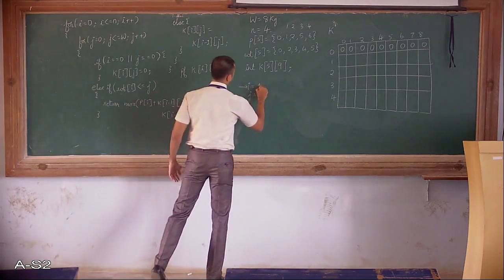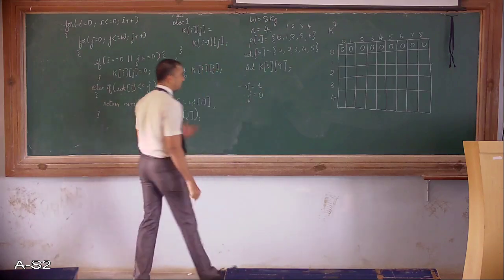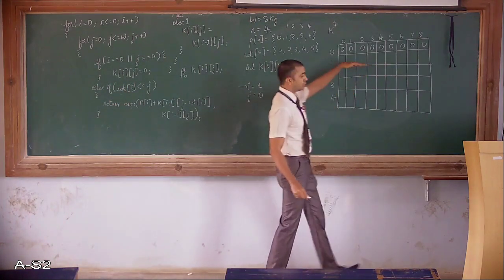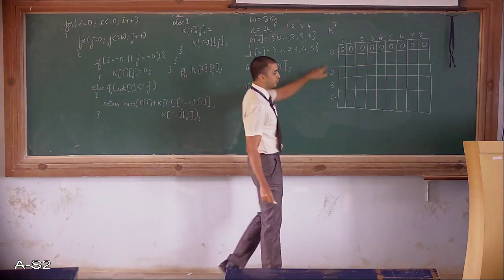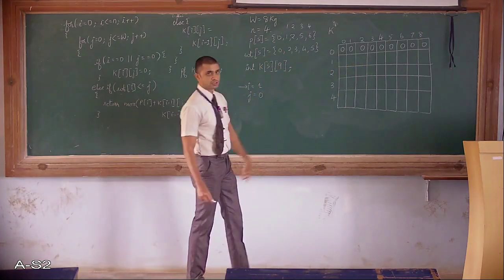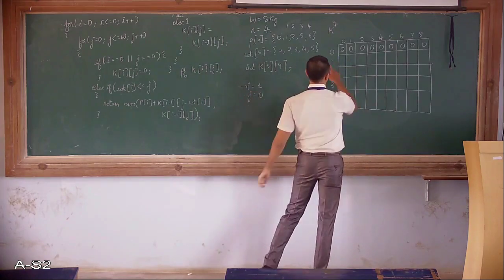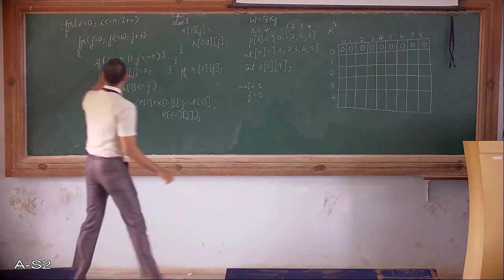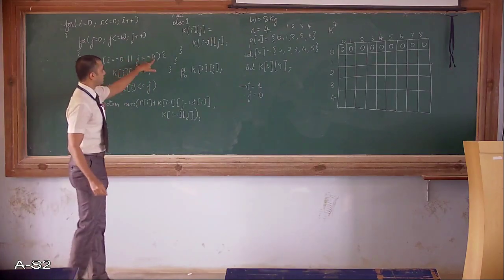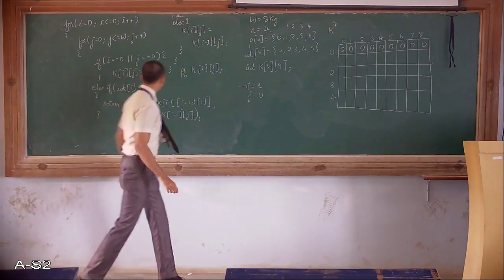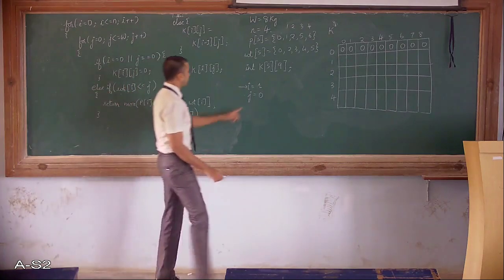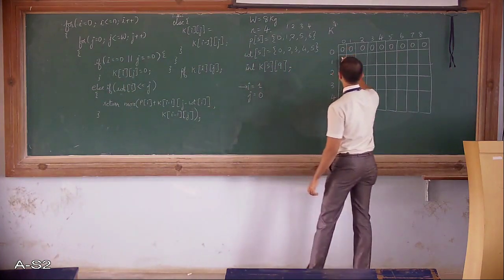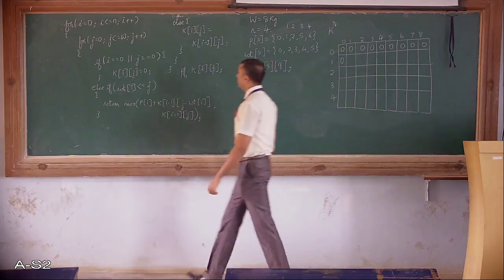I value becomes 1, j value becomes 0 at the second iteration. Now I want to fill this row, the second row. So I value here becomes 1, j value becomes 0. So it is this second row and first column. I equals to 0 or j equals to 0. Yes, j is 0. So K of Ij, K of 1 comma 0 will be 0.